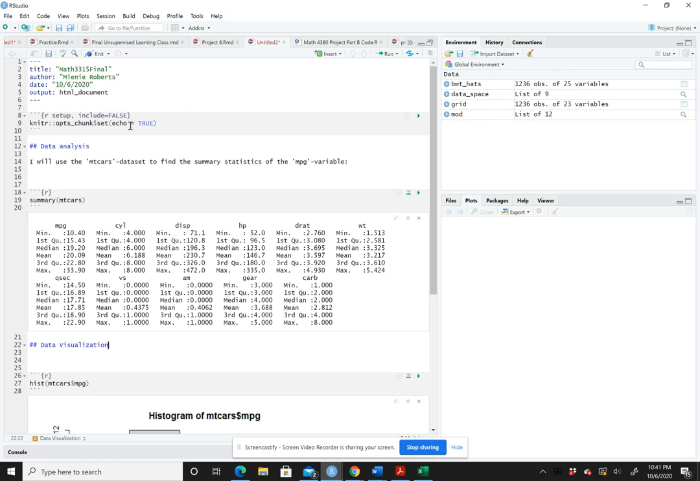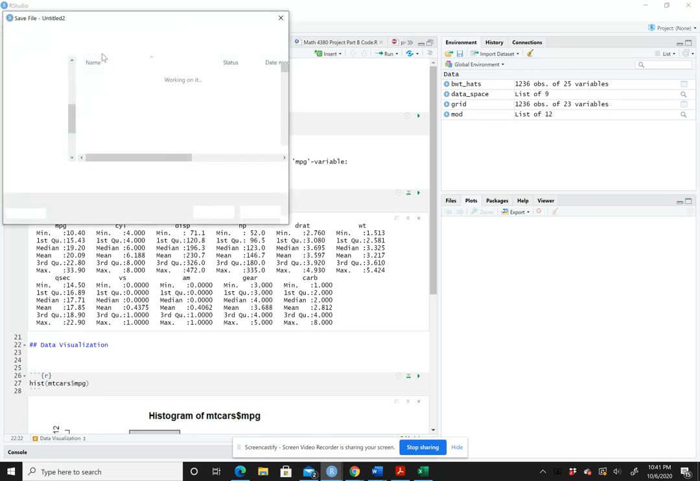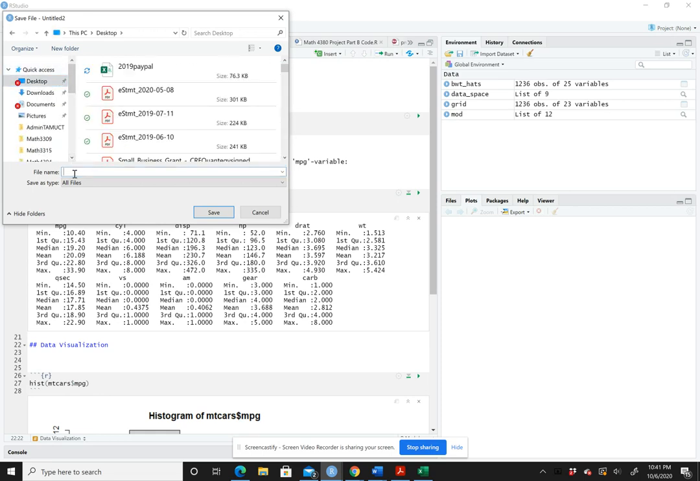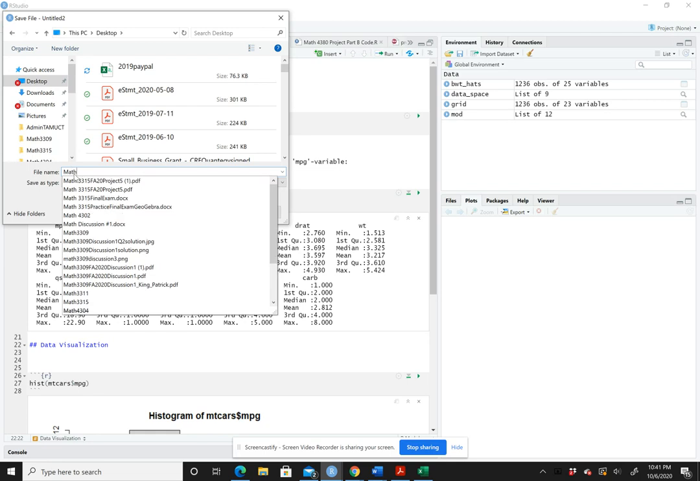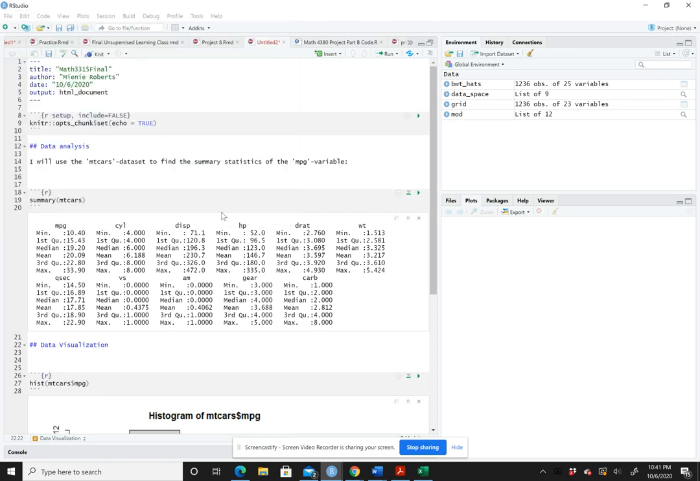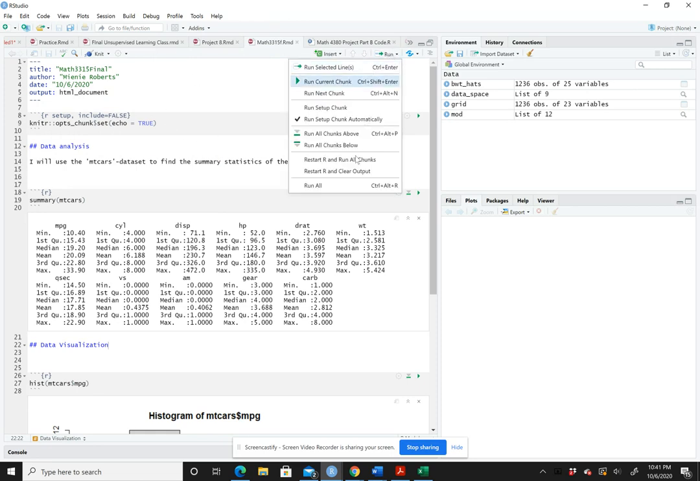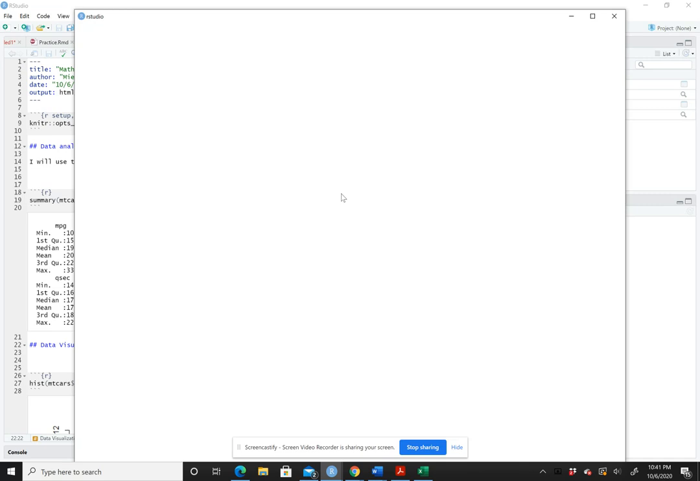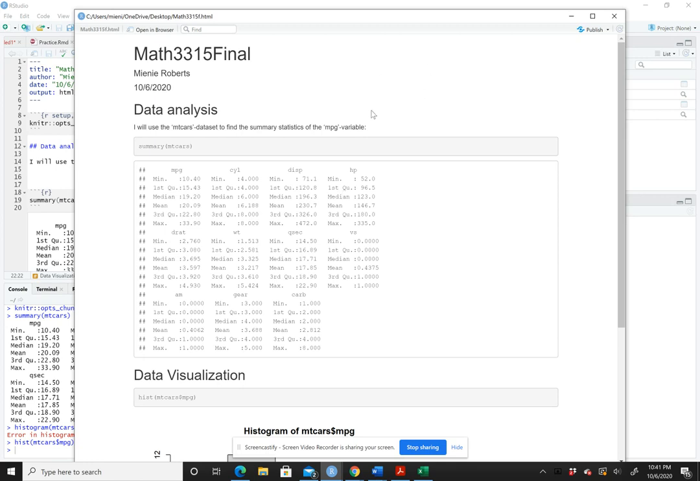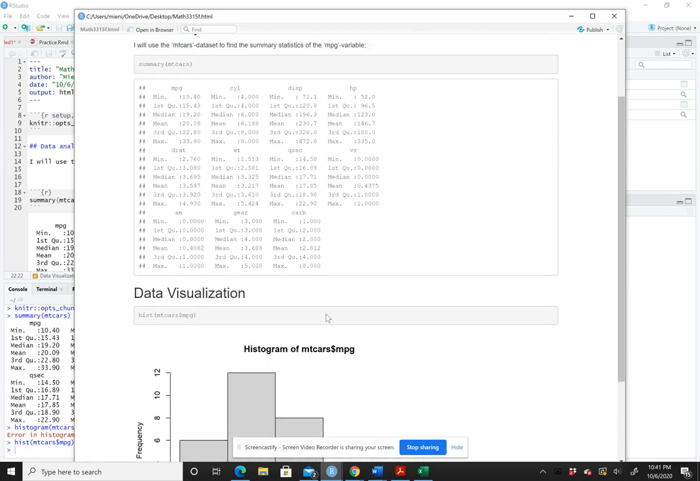And what's nice now is, you're first going to knit it. So you knit, and I'm just going to put it on my desktop, and I'm going to call it math. I'm just going to call it F because I already have a final on there. Then you can run here, make sure that everything runs. And after you knit it, it's actually going to show you the document now. And so this is how it's going to look like. And you can play around and you can make this nicer, or the main